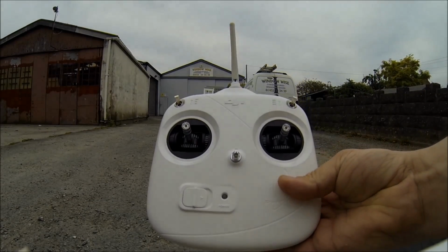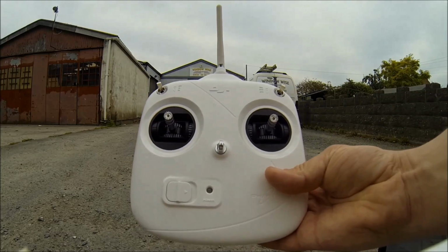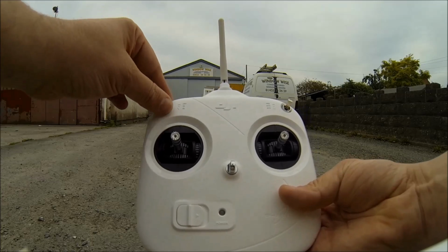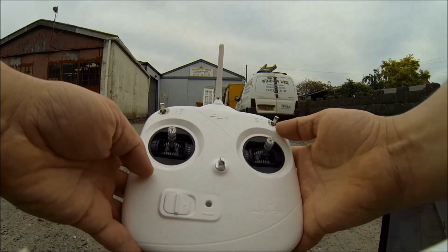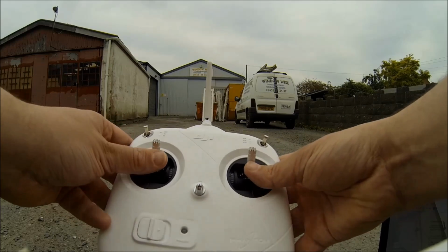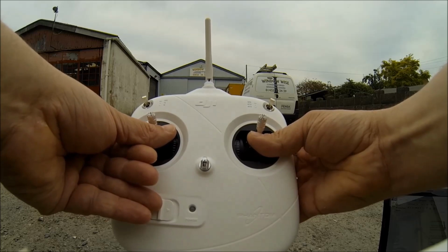Okay, I'm going to try and cover this as best as I can, guys, because it's a little bit fiddly to do, because I haven't got any brackets for my GoPro. Okay, we need the CL switch in the off position, we need the GPS up. What we then need to do is hold up both switches. This is a bit fiddly. You need to switch on the power,